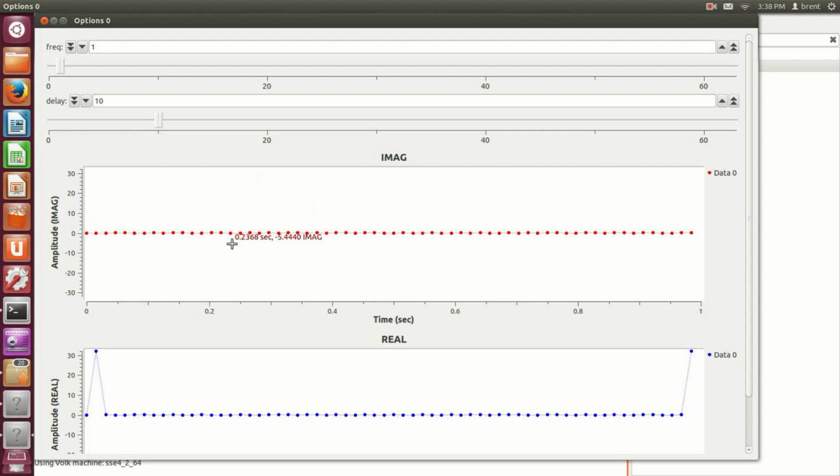There's our delay. Frequency is 1. Look what's coming out of the imaginary part of the FFT. Nothing, because this is a pure cosine wave going into the FFT. Look what's coming out: we've got a component at 1 and a component at 63. So the very last point is a 1 and not 0. 0 actually represents DC. So we've got the number 1 point and the number